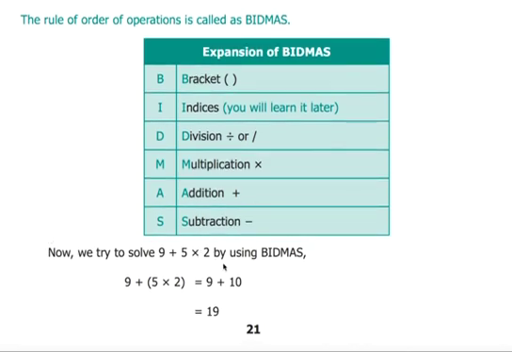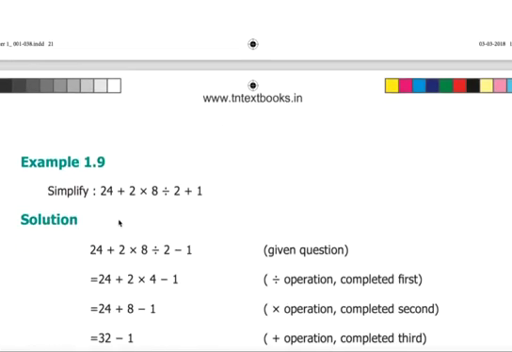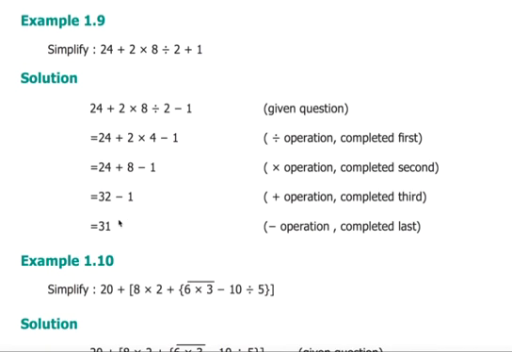Now we try to solve this by using the above mentioned rule. Okay, there are no brackets here. When there are no brackets, which one is first? There is no division also. Multiplication is first. So 5 into 2, 10. 10 plus 9, 19. Okay, this is the order, right? So we'll follow the same order everywhere whenever we don't have any brackets. When you have a bracket, you need not cross-check again whether you are going in a correct way or a wrong way. Fine.